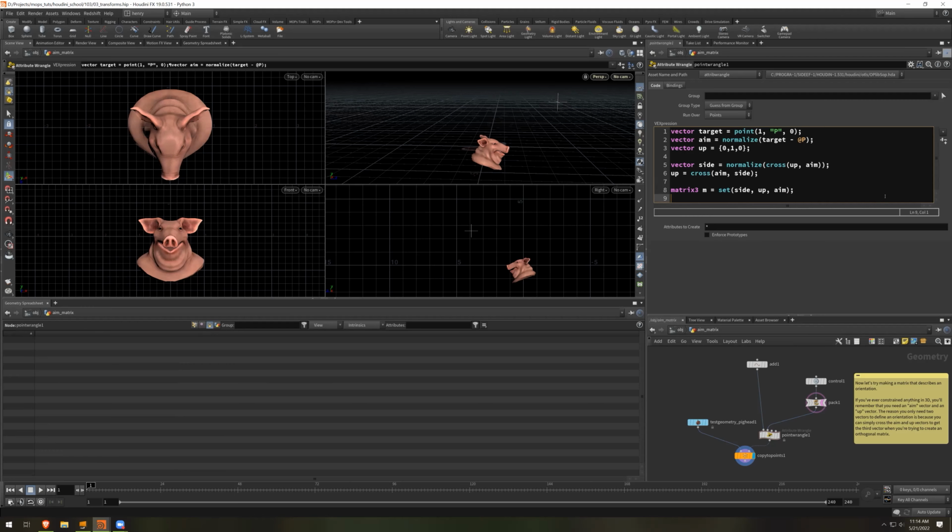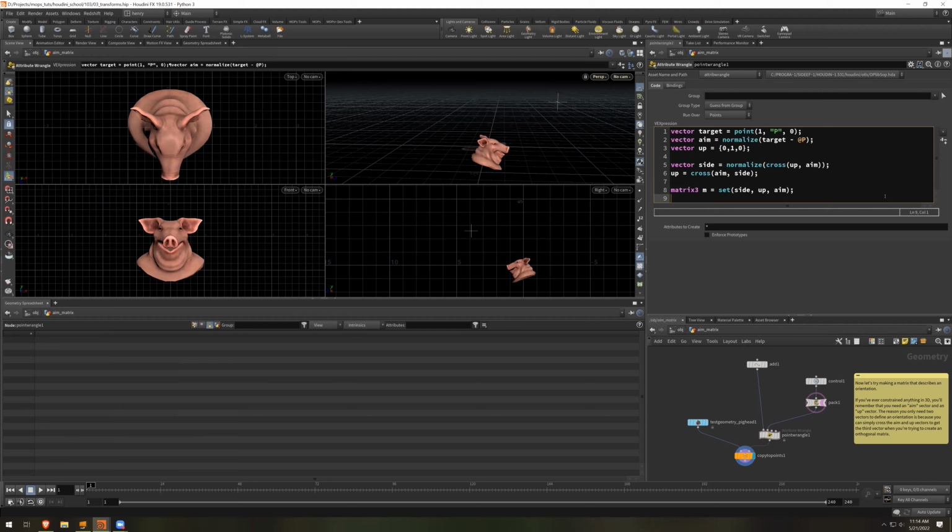And so now the only thing that we have to do is turn this into an attribute that copy to points understands. We could, if we wanted to, just define n and up as 2 vector attributes and feed that to copy to points. And copy to points will do this for us. But what I want to do for now is just feed it this raw matrix data and see